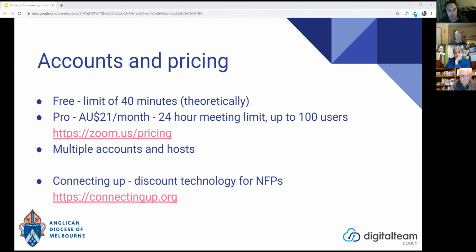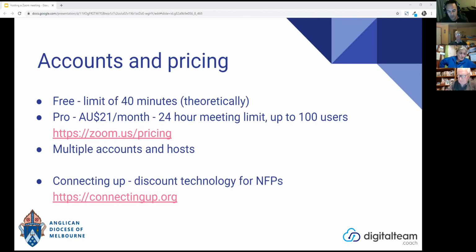There's just my bottom note there on Connecting Up. That's connectingup.org, a discount technology platform for Australian and New Zealand not-for-profits. And with that, you can access that for free, and that's available for churches as well. And they have lots of different hardware and software suppliers that give discounted technology.